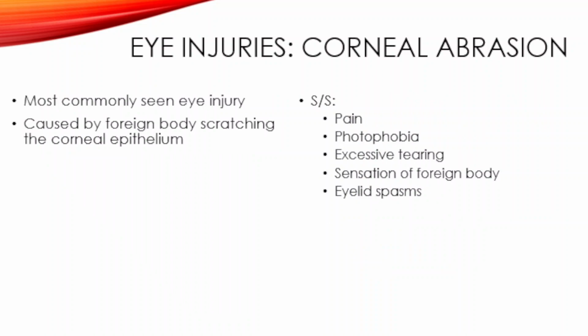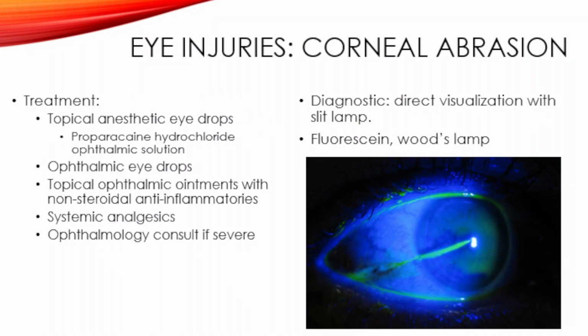All right, moving right along, we have our corneal abrasion, which your peer had discussed with you in very thorough detail there. This is the most commonly seen eye injury, and it's caused by a foreign body scratching the corneal epithelium. Signs and symptoms of this include pain, photophobia, excessive tearing, and that sensation of the foreign body, as well as potential eyelid spasms there. Treatment for these guys, as you remember, we're going to use a proparacaine or procainamide ophthalmic